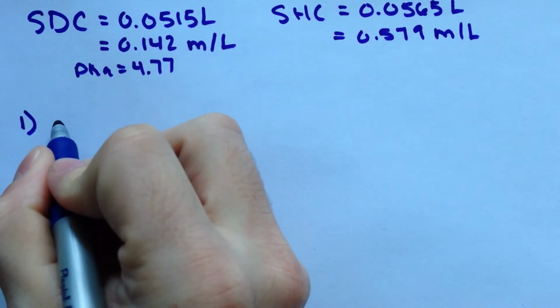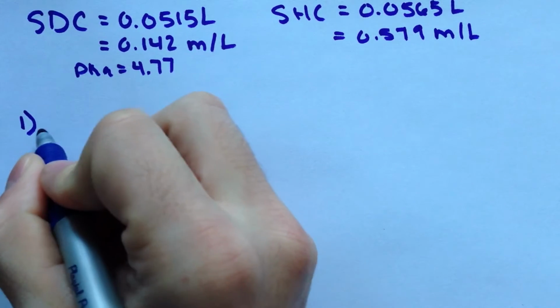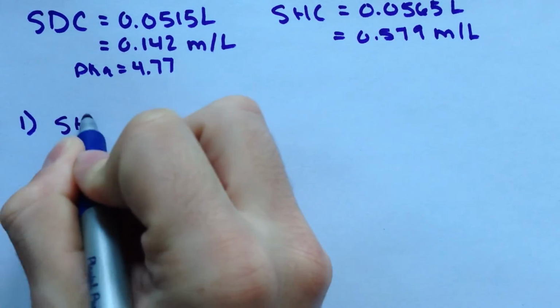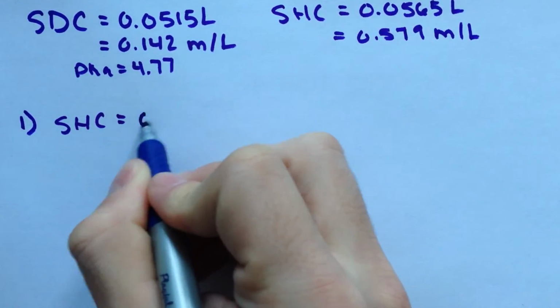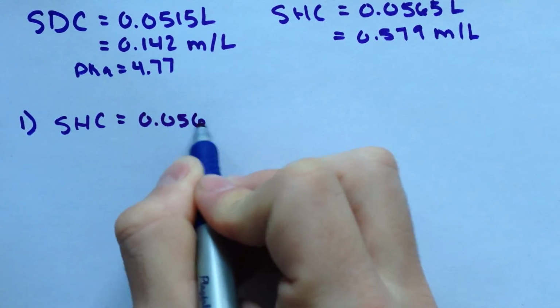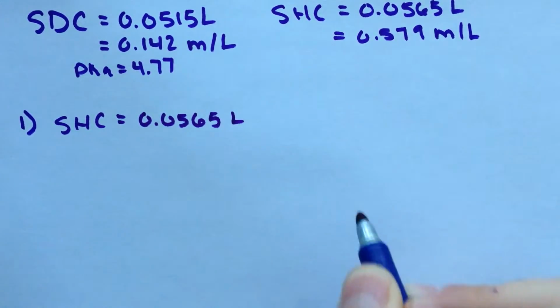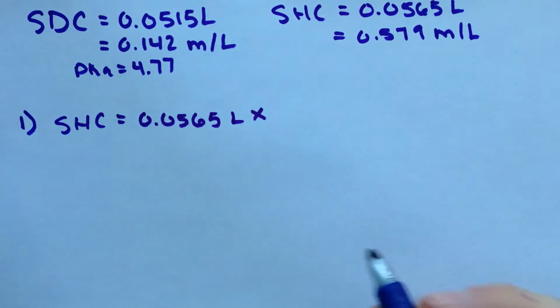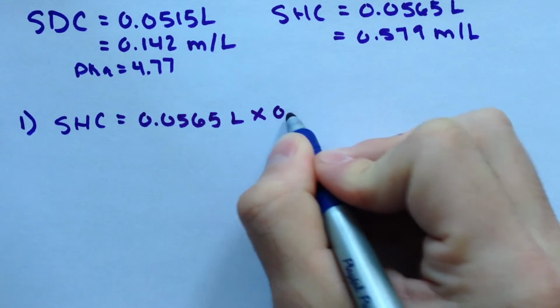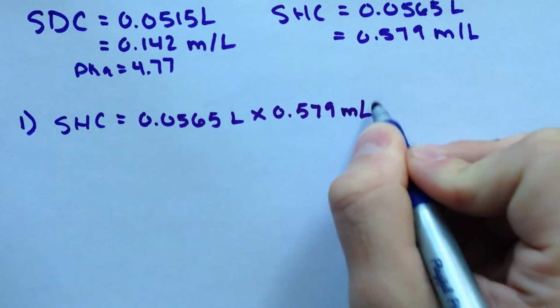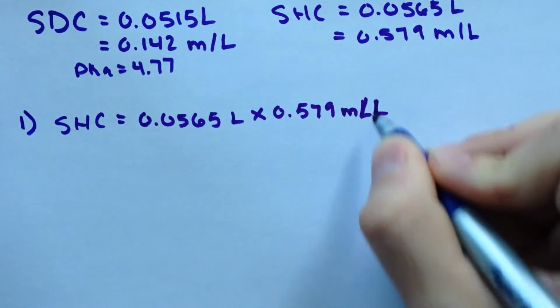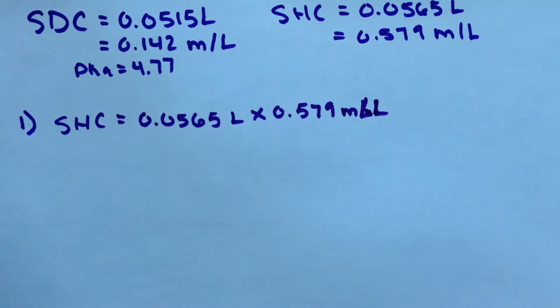So first we'll do sodium hydrogen citrate first. We're going to take our volume, 0.0565 liters, and multiply it by our molarity, 0.579 moles per liter. And that's going to give us